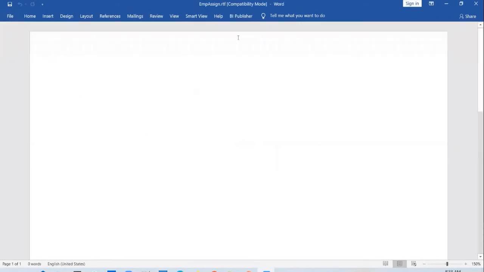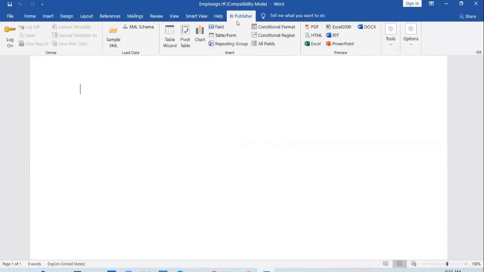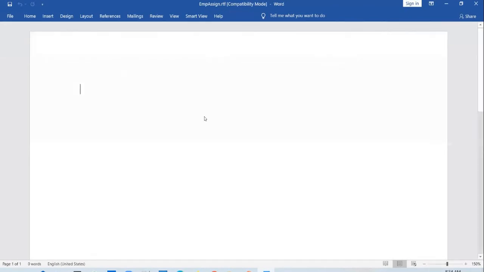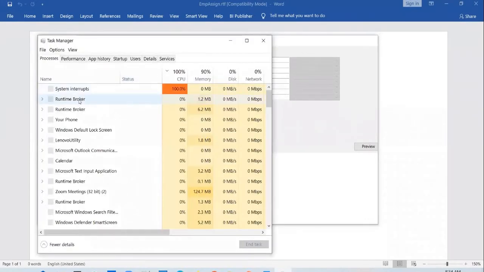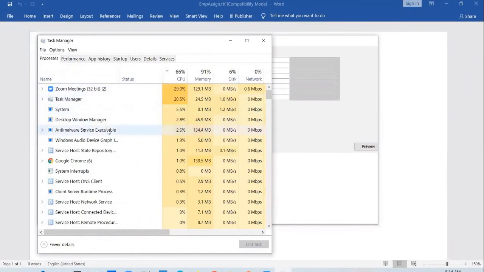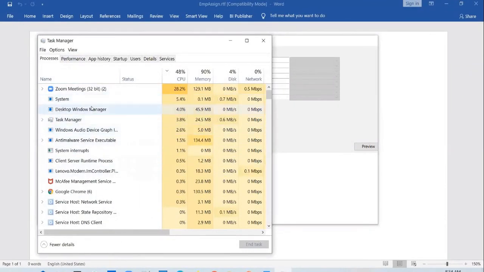Defining the RTF template, we have seen it in detail in the BIP module, right? So you can go ahead and define it. Just to show you, you can insert a table if you want. I don't have an option but to terminate this. Let's go to the Word document.